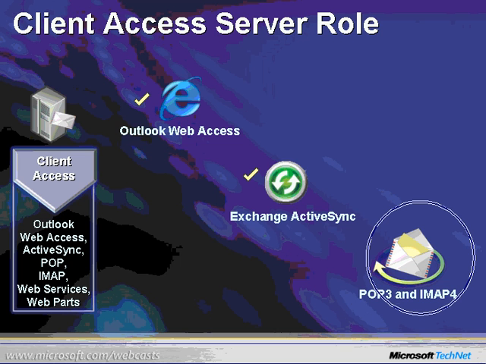Right? So the client access server role, or as I like to say, client access server role, is the one that hosts those front-end connections for those types of clients. Right? When I install the client access server role, I'll get Outlook Web Access. I can configure how Exchange ActiveSync works. POP3 and IMAP4 are not enabled by default, but if you want to turn those on, then by all means